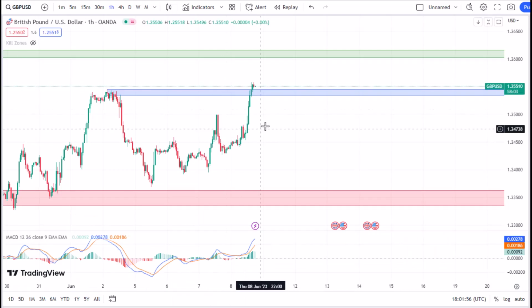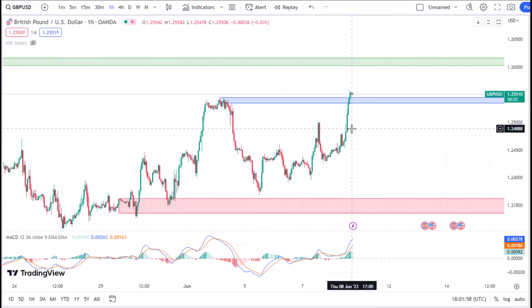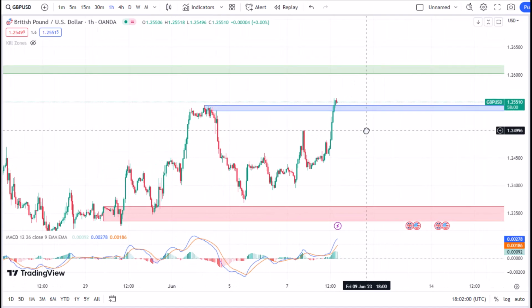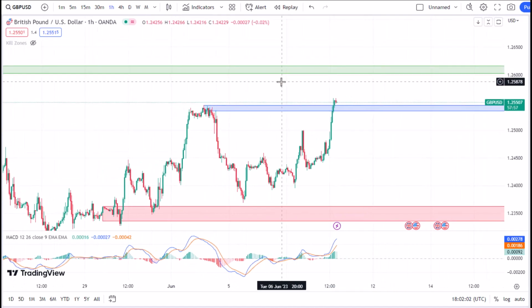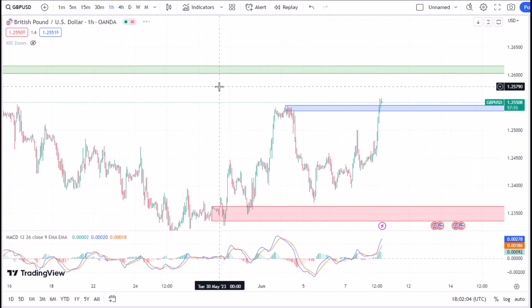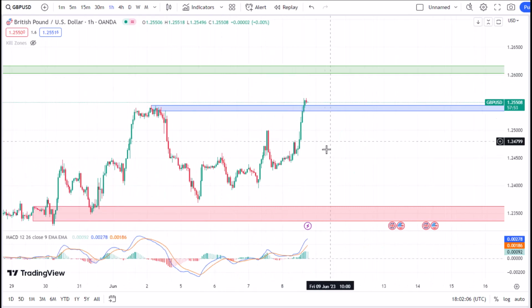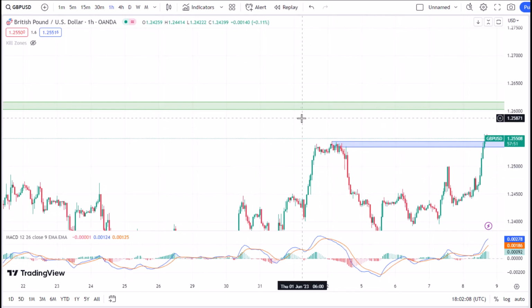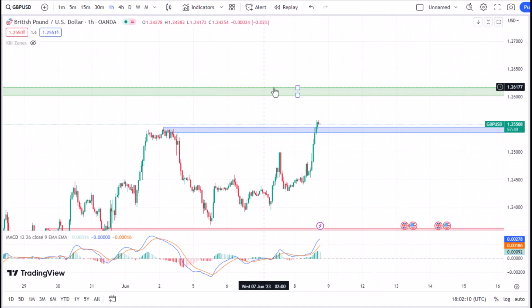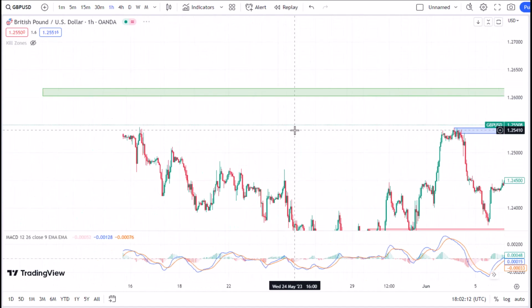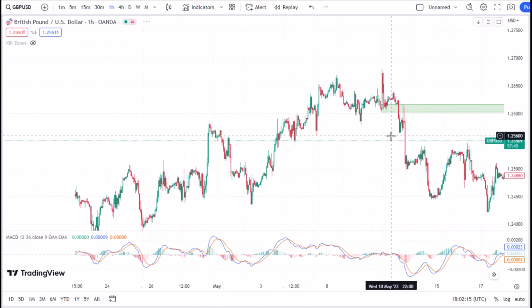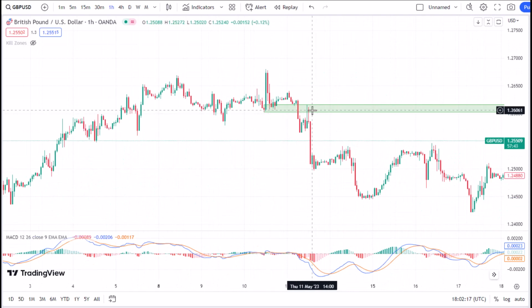Okay, now that we're on our chart, I have pre-drawn some zones for you as always, and this green zone that you are currently seeing is going to act like a resistance for our selling trade, and we're going to put our stop loss right above this level. And let me show you why I have drawn this level, because this is a really strong support for sellers,